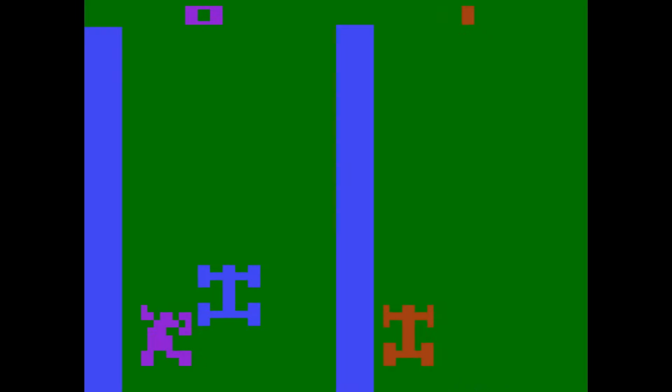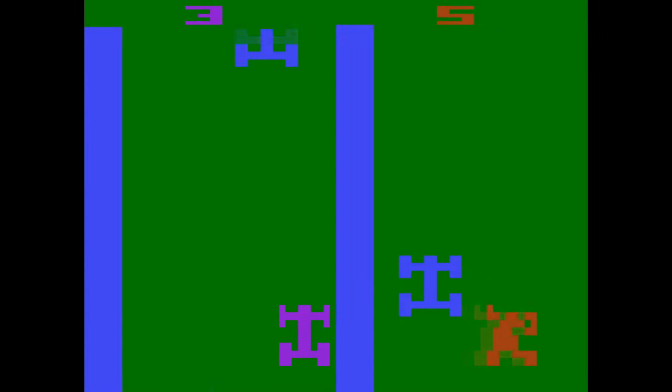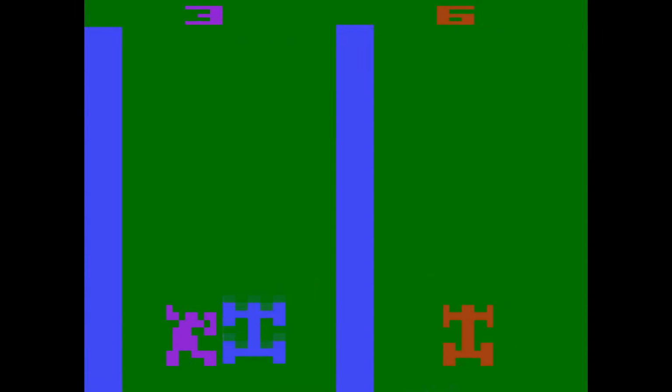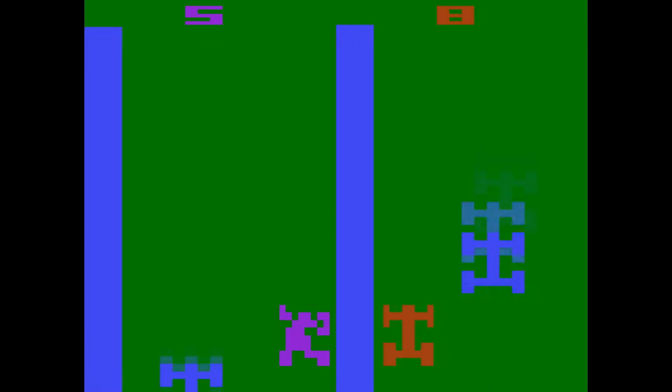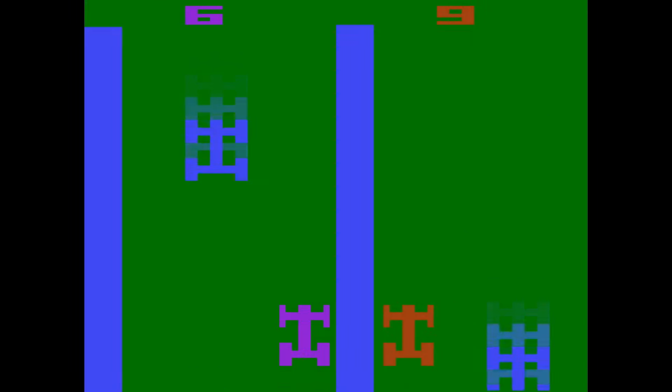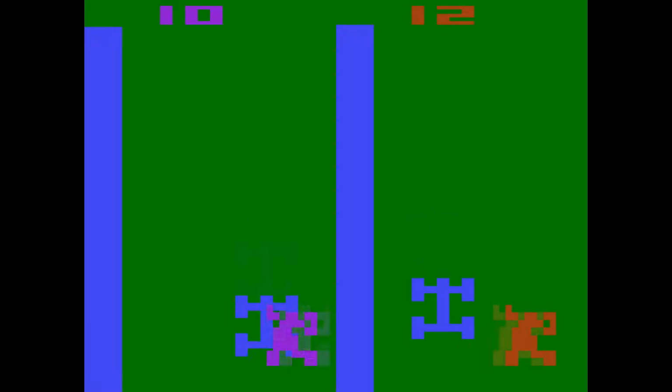Released in 1977 and developed by Larry Kaplan, who would later produce the well-loved Kaboom for Activision, Street Racer was one of the launch titles for the Atari 2600, or the Video Computer System as it was known back then. Like most early titles for the Atari 2600, Street Racer is a simple game with a large number of variations. On the original 2600, each of these could be played with up to 4 players,